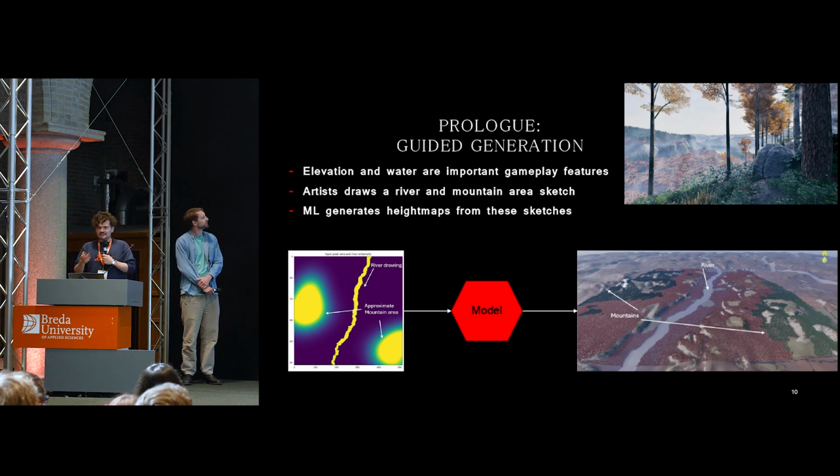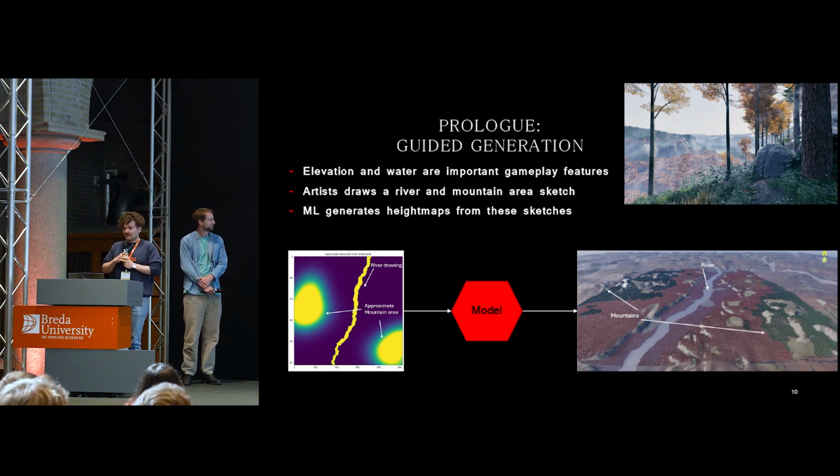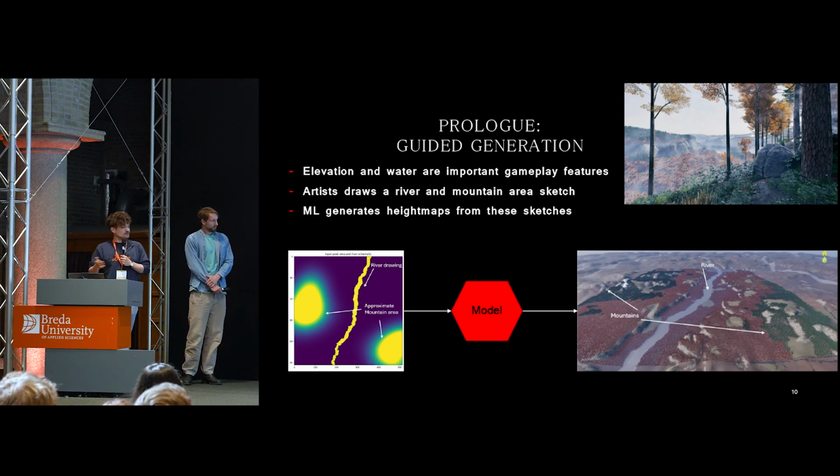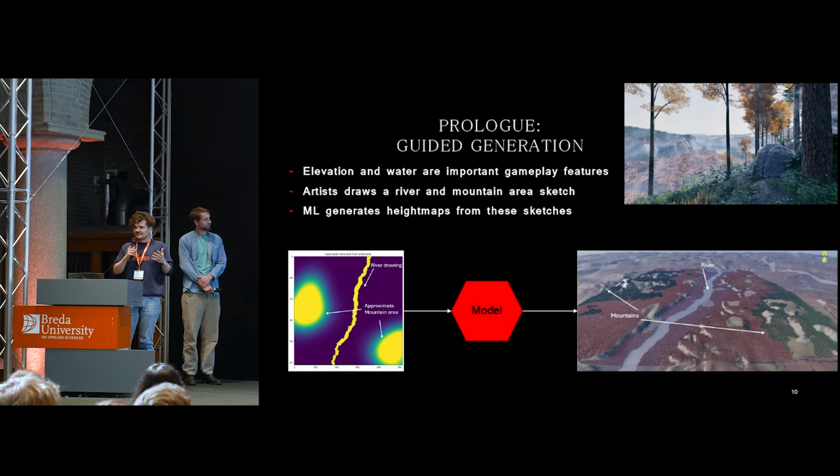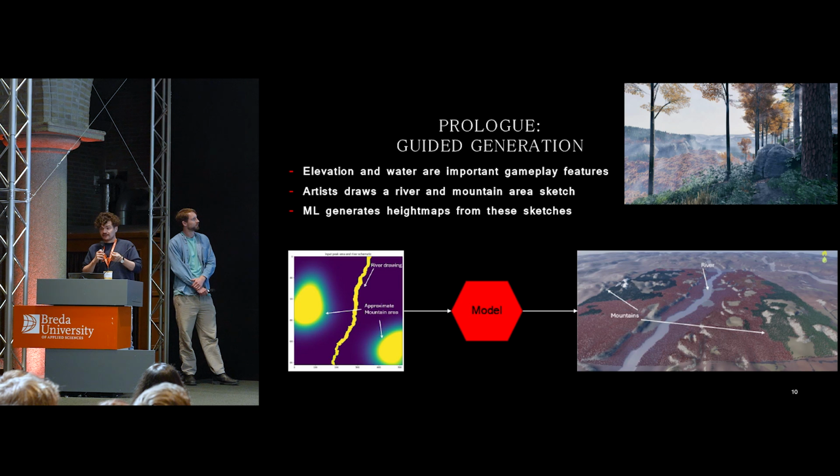So we thought, okay, let's get our level designers, anyone, to draw a river and give us a rough mountain area, and this will be the sketch. This is the idea of the map. We then combine that with the machine learning model and some random noise, and it will take this sketch and create a high resolution landscape, where the details, the bit that takes time, will have been created by the machine learning model, but the rough idea of the map will follow the sketch.